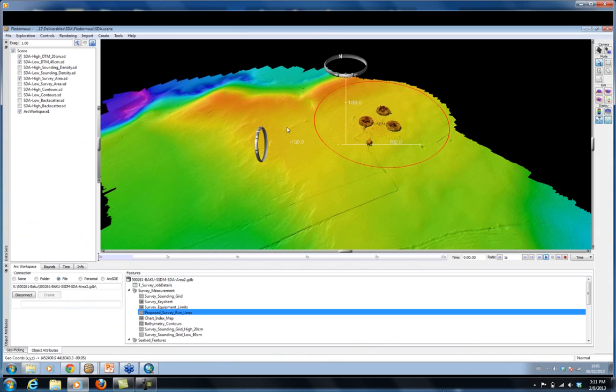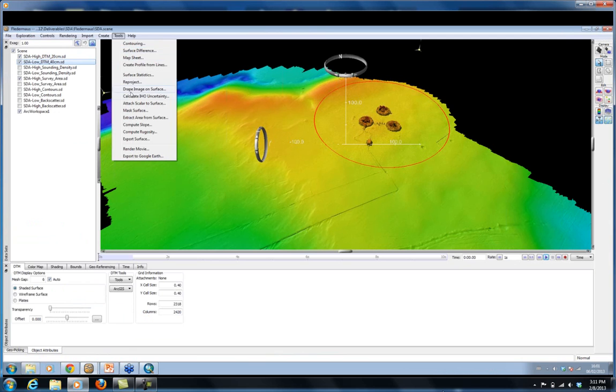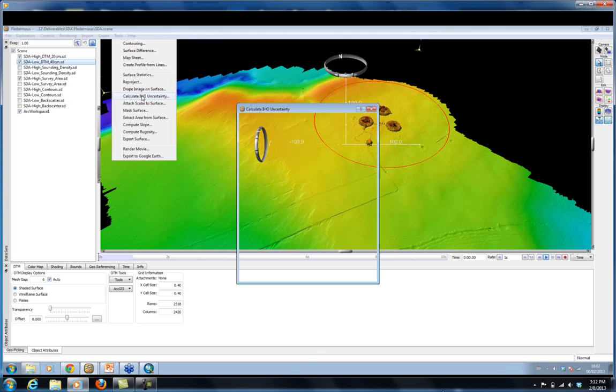If I take one of these DTMs, for instance, there is an option in the Fledermaus Tools menu. So if you already have a gridded dataset, it's not PFM, you have it as a gridded dataset. The BAG needs to have the uncertainty, so you can't just go X, Y, Z, make it into a BAG, because the software will come up and say there is no uncertainty with this surface. So what you can do is there's an option here, Tools, Calculate IHO Uncertainty, and this will just use